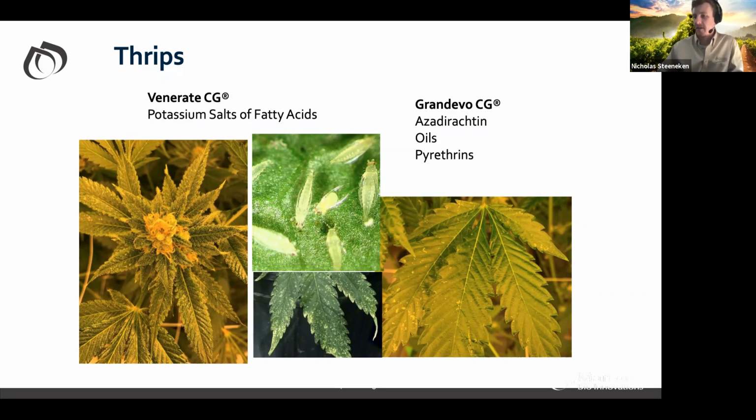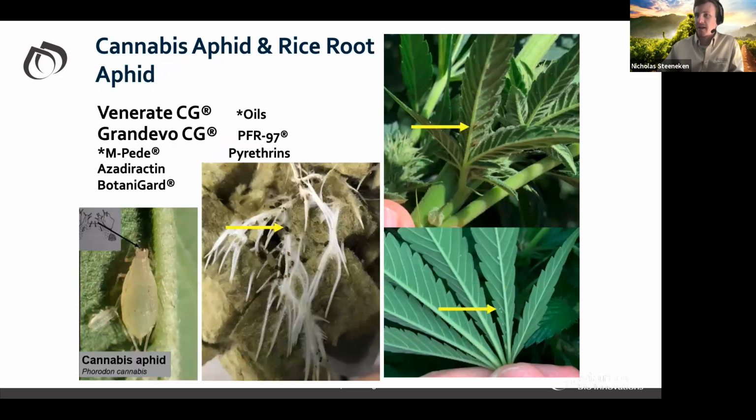All right. We're going to look at cannabis aphids and rice root aphids here. So on the left, Nick, can you hear me now? There you go. You can hear me? Now I can, okay, yeah. Sorry, guys. I don't know what happened there. The phone just went dead. So I am now on the computer side of things. So as long as you can hear me, I can't hear you guys, but you guys can hear me. Nick, give me a thumbs up, just make sure we're good. Okay, so I'm sorry about the technical portion of this here.